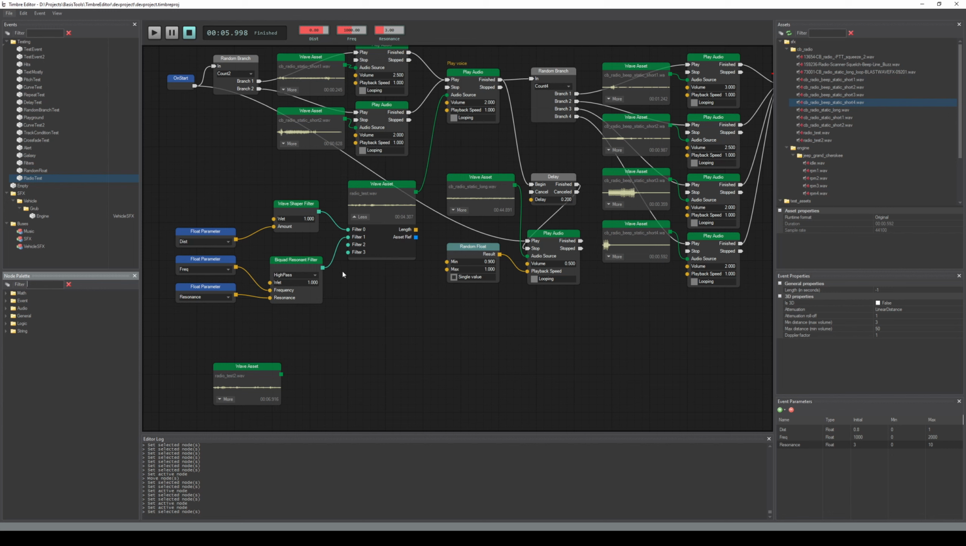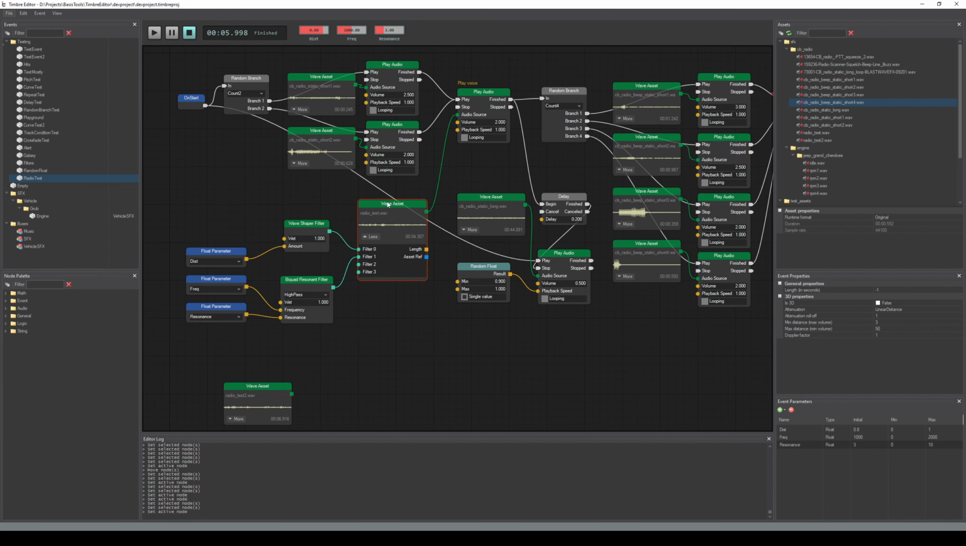So filters are added to an audio source. And so if you have a wave asset, this green output here is an audio source. You can see that this play audio wants an audio source to play. But this asset ref is basically an integer, a number, which identifies the asset. It's not an audio source, it's just a number into a database. So what we can do here is,